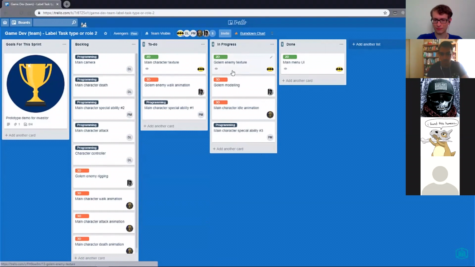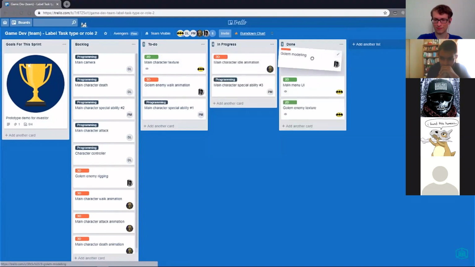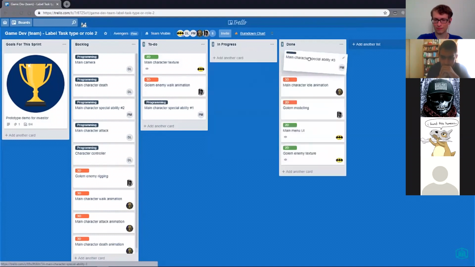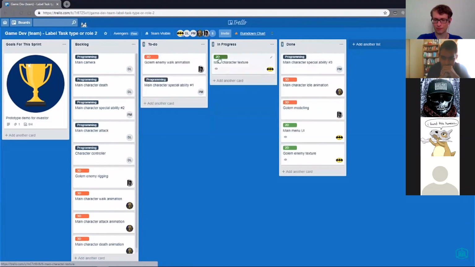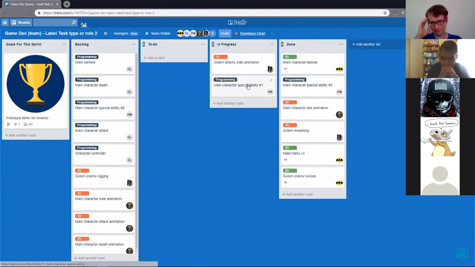This will then keep the team updated on what's being worked on, what's finished, and what's left to do within this sprint. So then you work on until all the things in progress is set to done, and then pick up new tasks from to do and make sure that everything is then done.